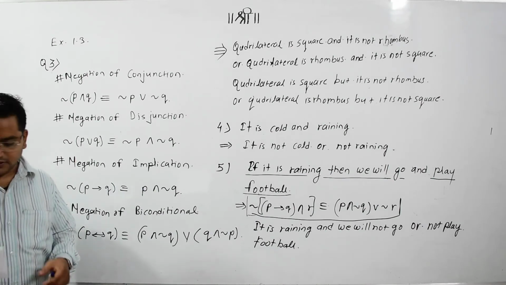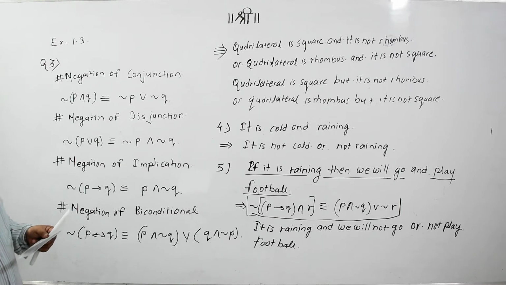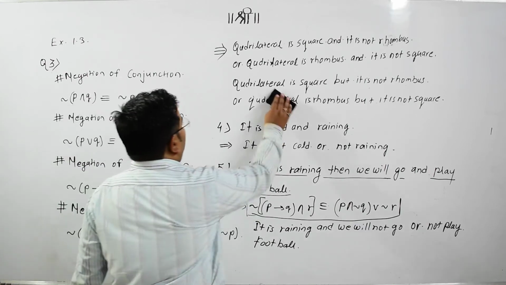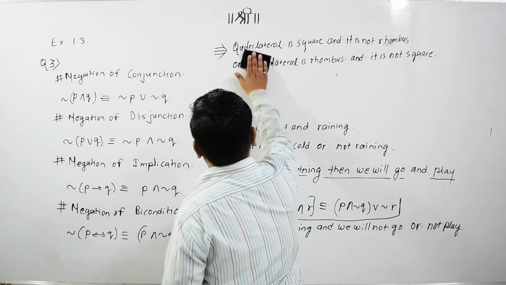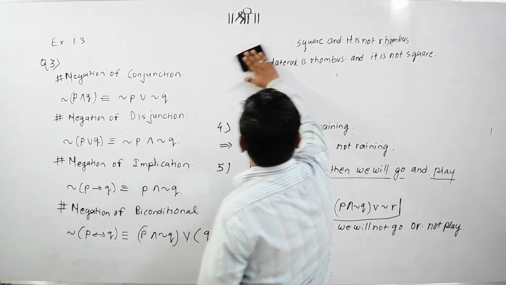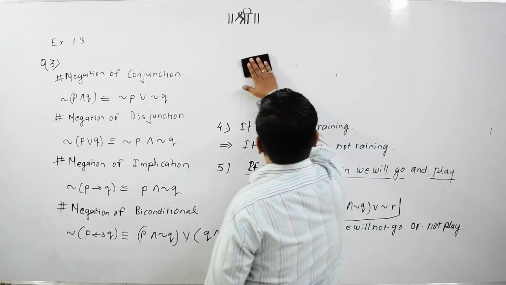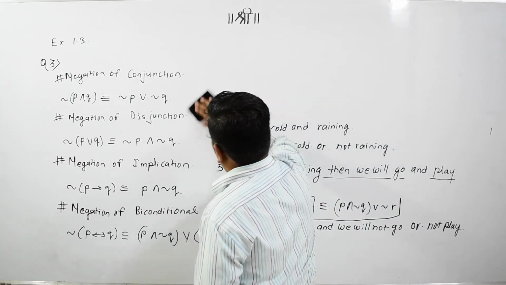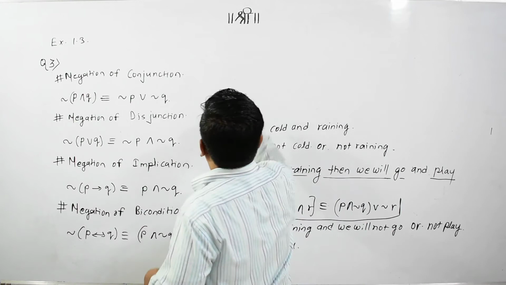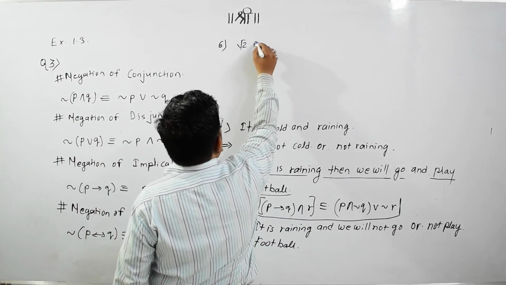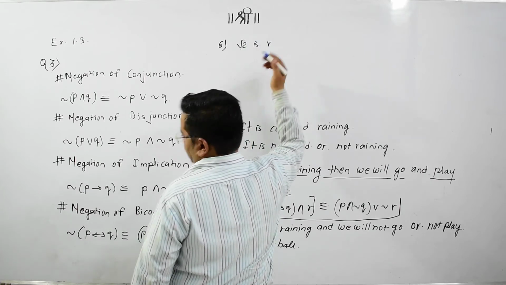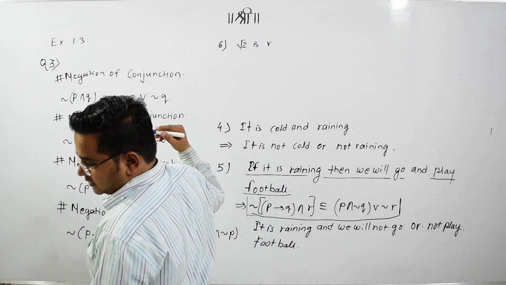What is our next question? It is also easy. Under root 2 is a rational number. So the common-sense negation is something like under root 2 is not a rational number. That's it. It's not a compound statement. It's a simple statement, so a simple statement just requires this not substitution. Done. Question number 6. Under root 2 is what? Irrational or rational number? It's a rational number.